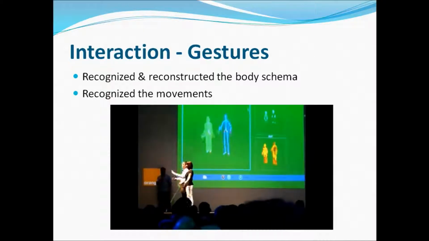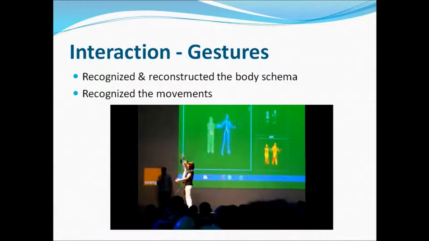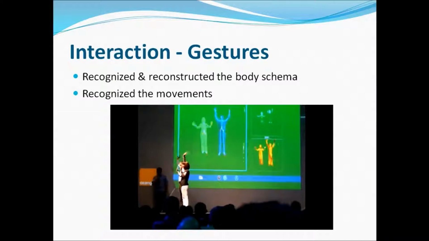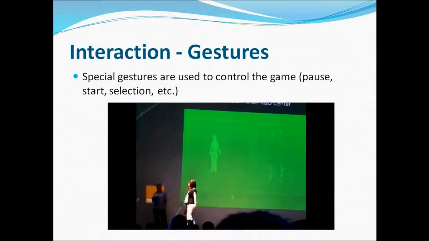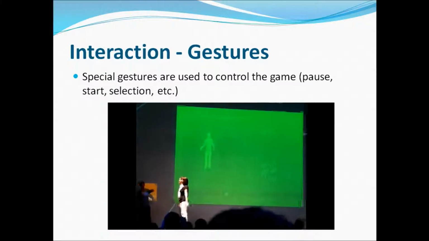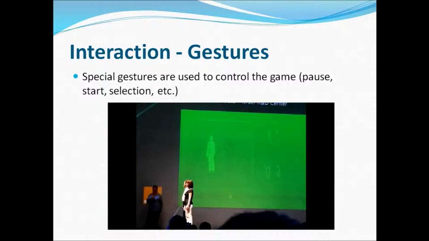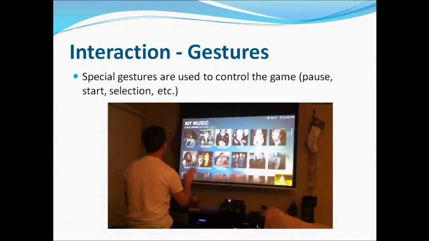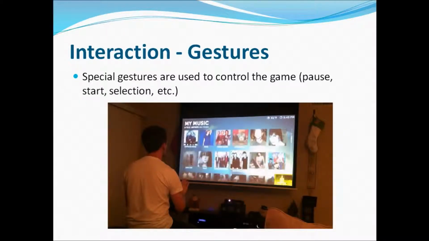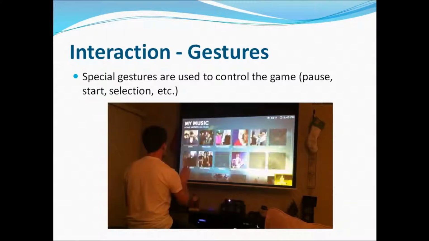Besides reproducing the movement of a player on the digital avatar, Kinect is able to recognize some special gestures that allow taking control of the game. In fact, since there is no gamepad, there is the need to have the possibility to stop the game, confirm an option, and so on. A special position of the body is dedicated to making a pause, and when the player is in the menu, he can move the cursor just by moving his hand. To select an option, it is necessary to hold on it for just a few seconds.